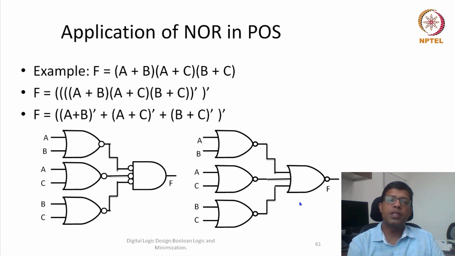In summary, in this part of the lecture we have seen a few new logic gates. We have seen the XOR gate, the XNOR gate, and the functionality of NAND and NOR gates. We have seen a few interesting characteristics of NOR and NAND gates, how they can be converted into AND gates and OR gates, how they work as universal gates, and how they can be used for effective implementation of product of sum or sum of product expressions.